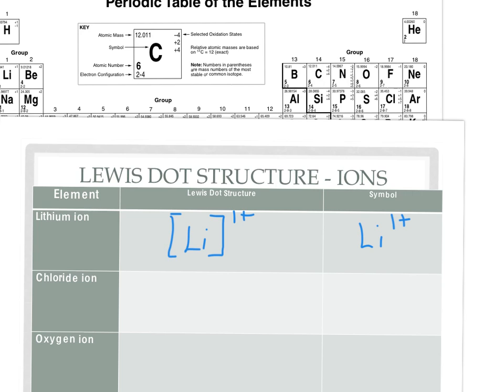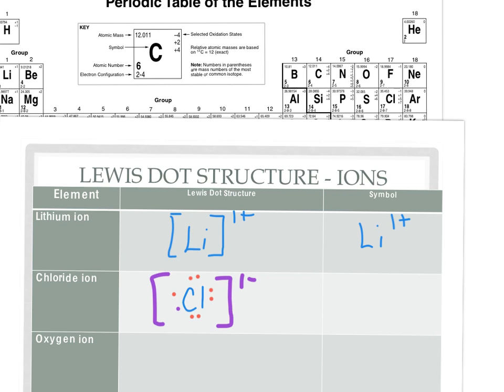So we would then write Cl, and we will put the 7 valence electrons around it. However, we just gained an additional electron because it's an ion, and we're going to put that right here. We're going to draw a bracket, and now it is a 1 negative charge, and the symbol for this will be